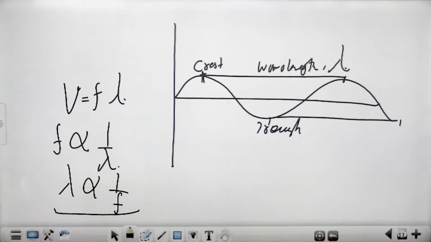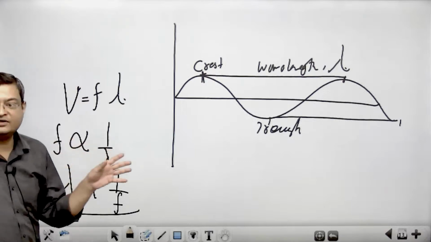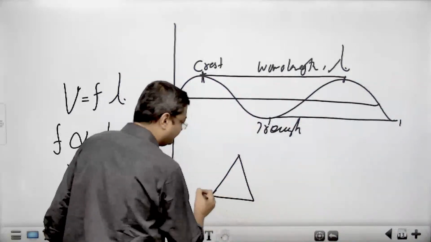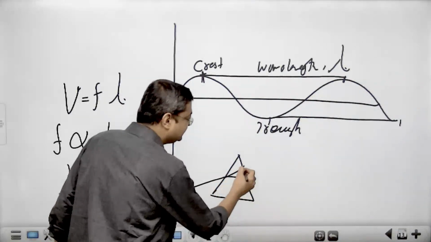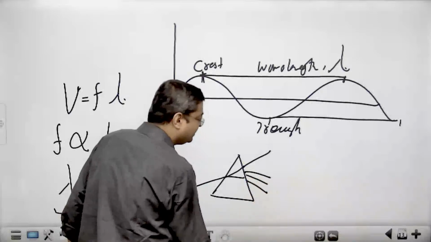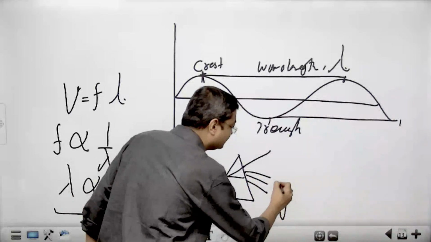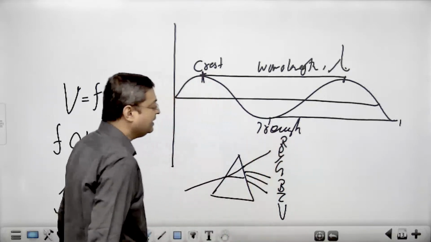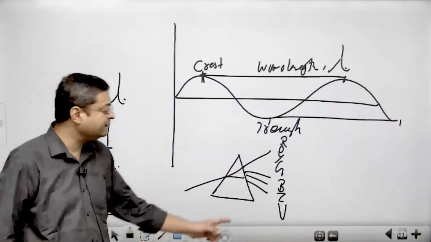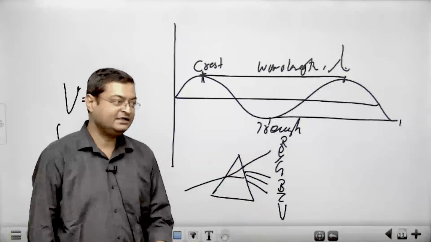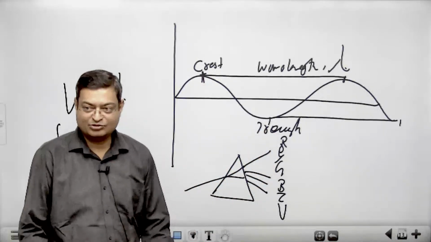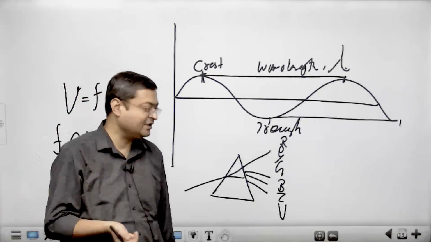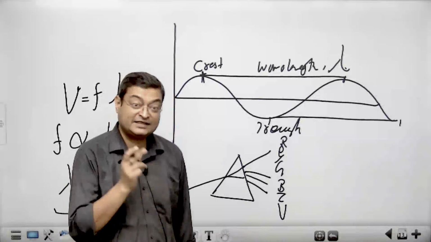And similarly, we have done a prism experiment during our school days. Okay? There is a ray which is divided into 7 colors. It is VIBGYOR, and I have deliberately written it in reverse order. Why? When there is a rainbow, which color is on the top? Is it red or is it violet? It is red.